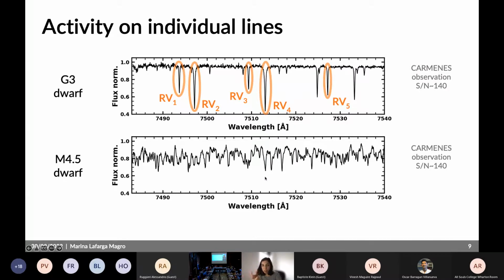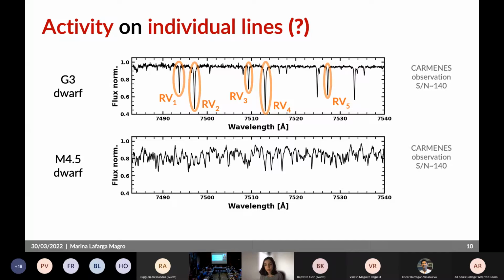It seems hard to be able to isolate a single line. In most of the cases, the minima that you can see here are actually blends. So I'm just going to put a big question mark here. Nevertheless, we wanted to apply this technique because we know that methods such as the CCF still work kind of